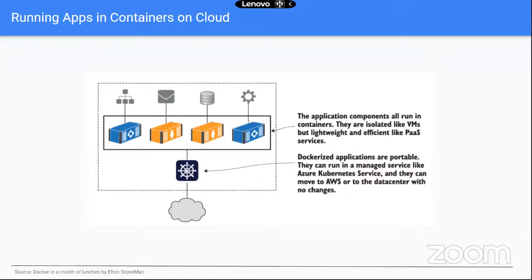from one environment to the other environment, whether it be an on-prem environment or a public cloud. So then it started to become more popular. The container technologies started to take over the world, and